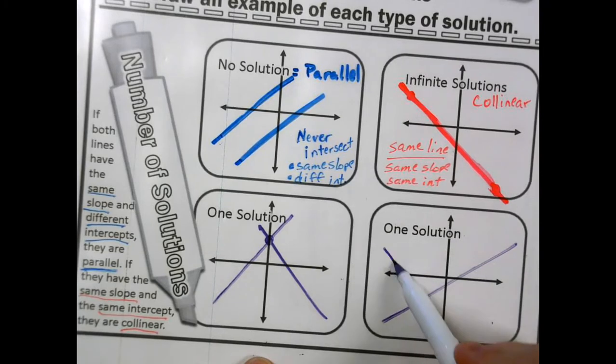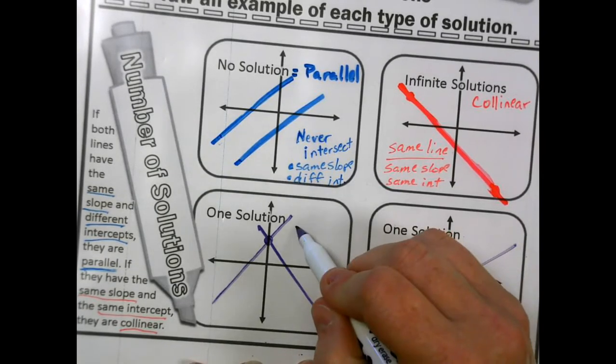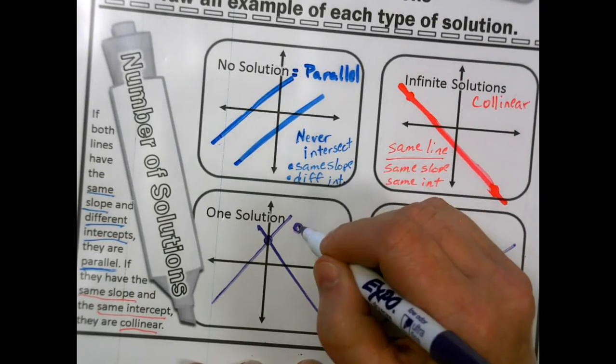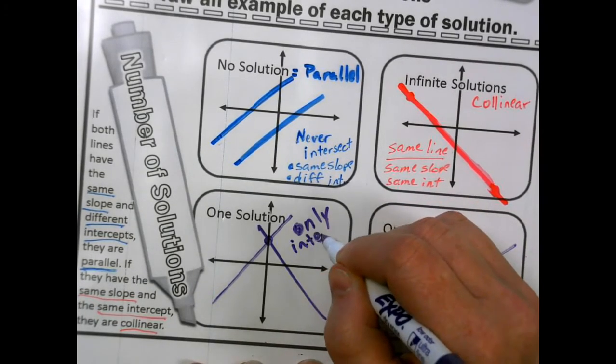Yeah, the x-intercept. No, they could intersect anywhere else. So draw two examples of lines that intersect anywhere. Okay. So these only intersect